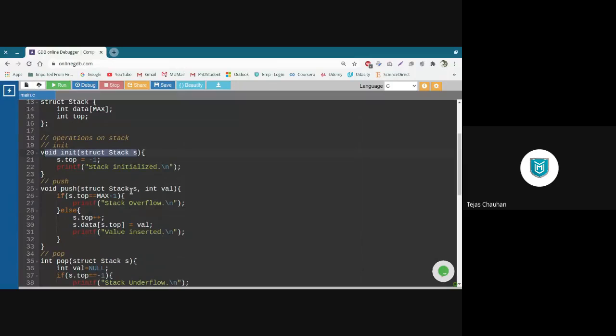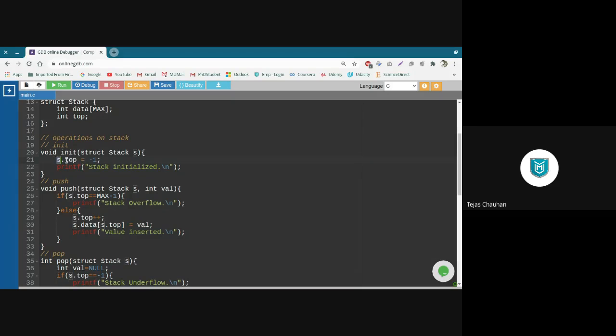So when I pass my stack as a parameter, then at this place in the initialization function, a copy of that is generated. And this top is becoming -1, but this top is a member of the copy generated, not the original stack.